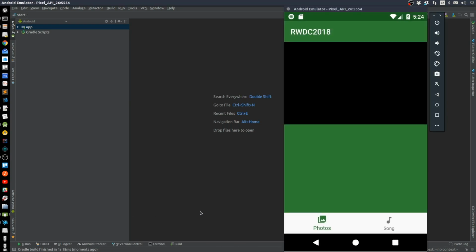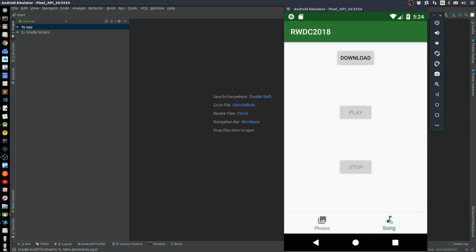The app has bottom navigation with 2 tabs. The first tab will show a banner image from the conference at the top and a grid of conference photos at the bottom in a recycler view. The second tab has buttons that will let us download a song file and then play and stop the song. We'll work on the Photos tab in Part 1 and 2 of the course and switch to the Song tab